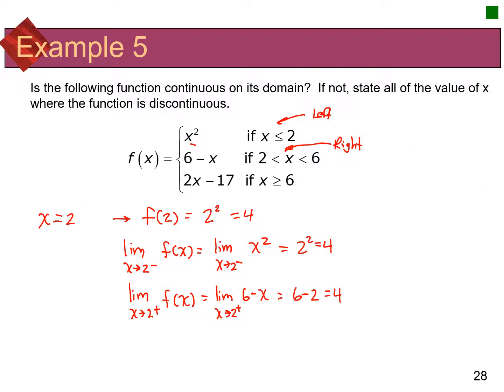So I know the limit as x approaches 2 from both sides of f of x equals 4. And we also know that that's equal to f of 2. So because of that, I know it's continuous